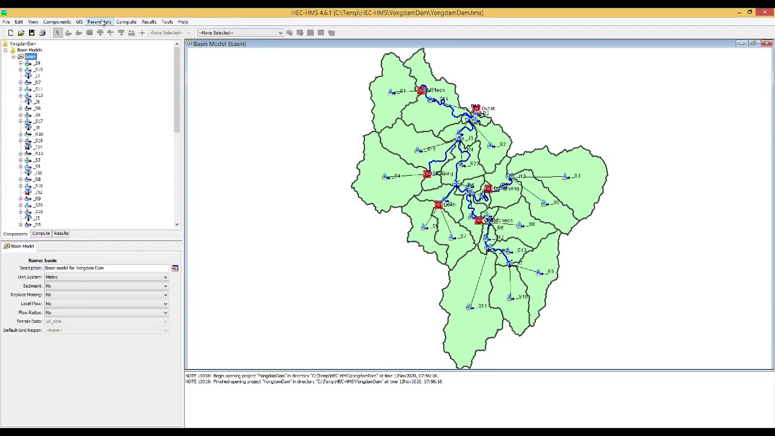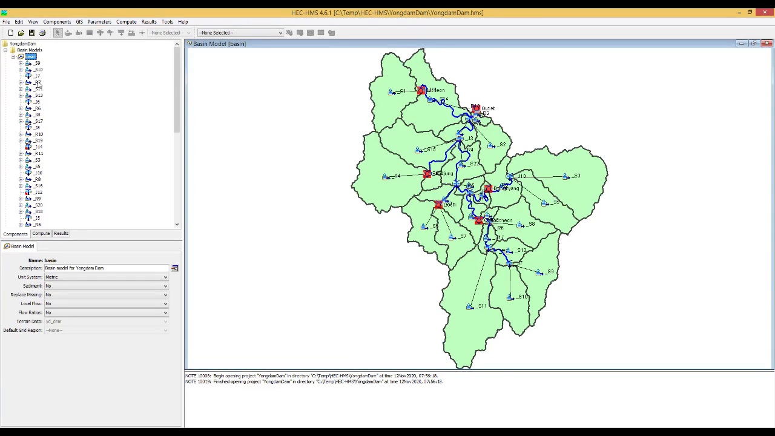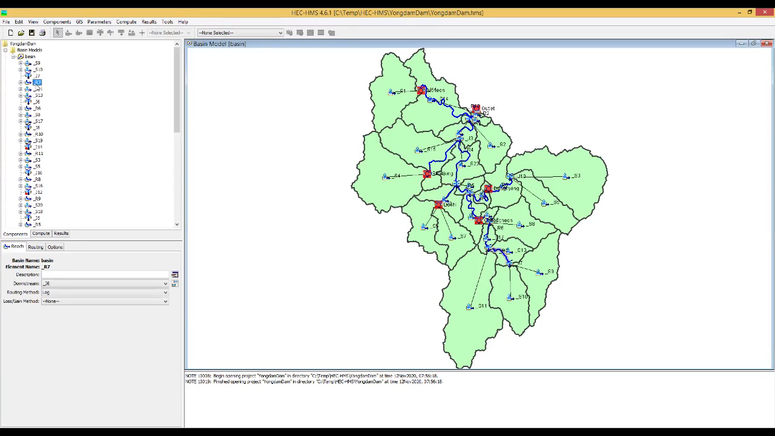So again, for this base model, I just selected the SCS curve number method as the loss method, and the Clark unit hydrograph as the transform method for all the base model, and also the base flow with the recession method I just selected. Okay. After that, if you select the reach with the prefix capital R, you can find the component editor